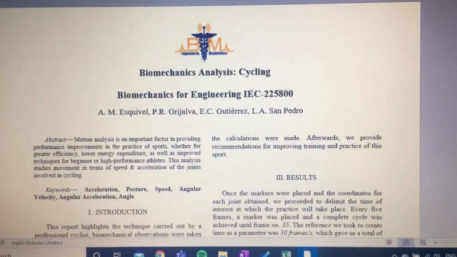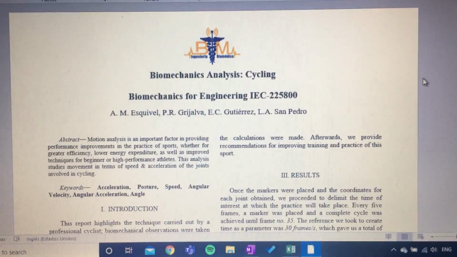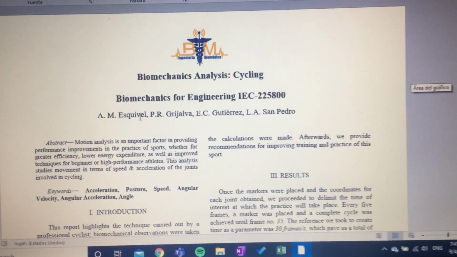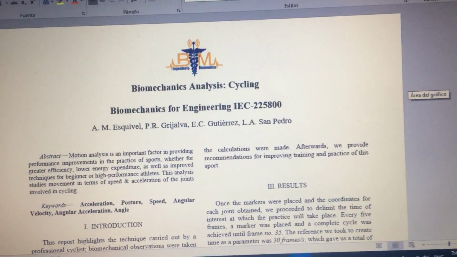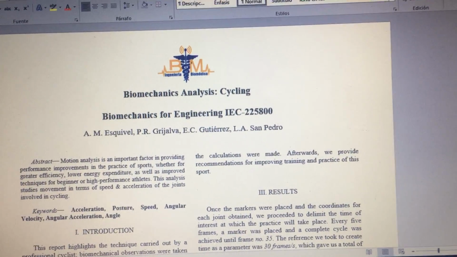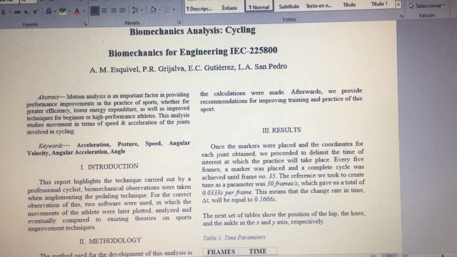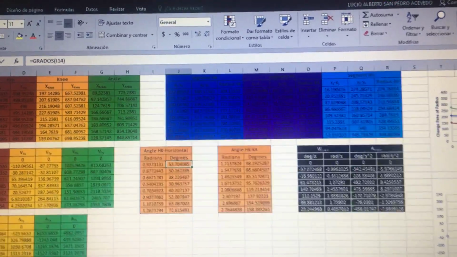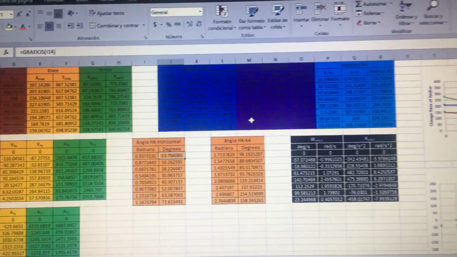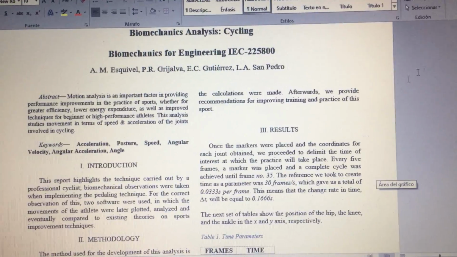My name is Lucio San Pedro, and I'm going to be speaking on behalf of team number one, which includes Ana Maria Esquivel, Perla Grijalva, Emma Gutierrez, and myself. I'm going to be presenting the project Biomechanics Analysis, Cycling, and I'm going to be using this Word document to show the report and also the Excel worksheet to show the graphs and the tables done previously to obtain the results for this